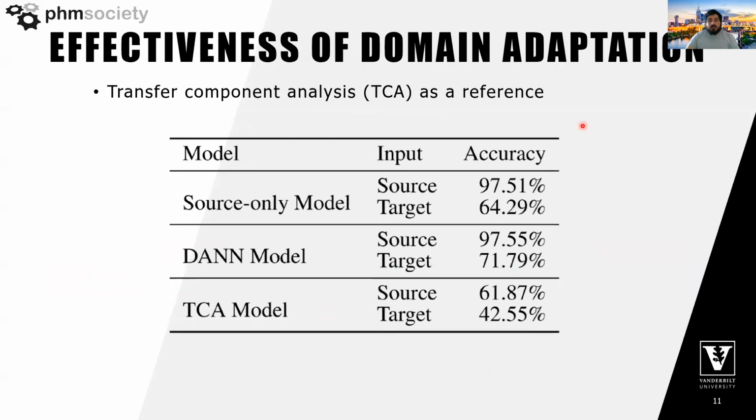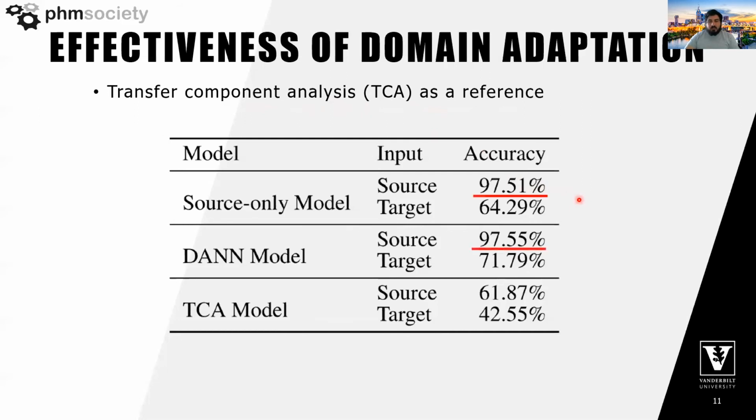This table shows the accuracy for source and target domain test data on the source-only model and the DANN model. We also provided the transfer component analysis, TCA method, as a reference. That is a traditional domain adaptation method. The accuracy for predicting the source data is about